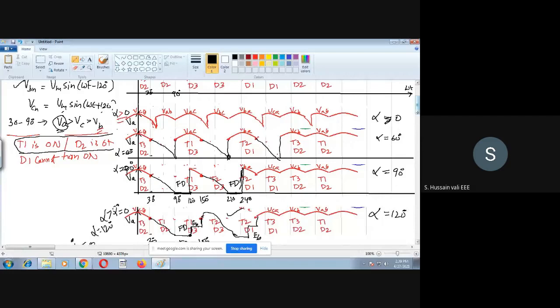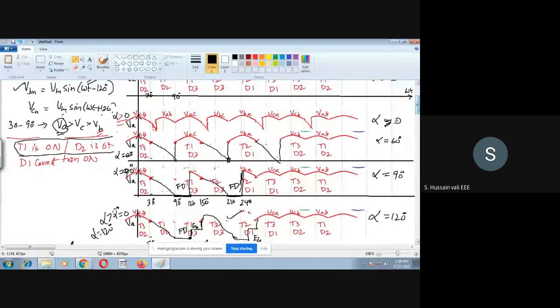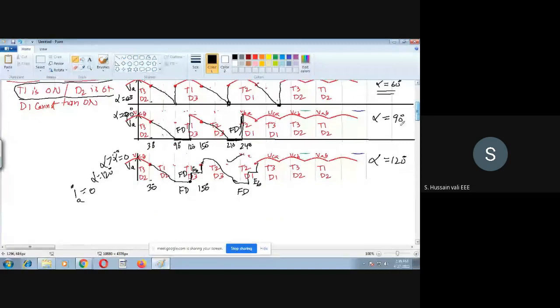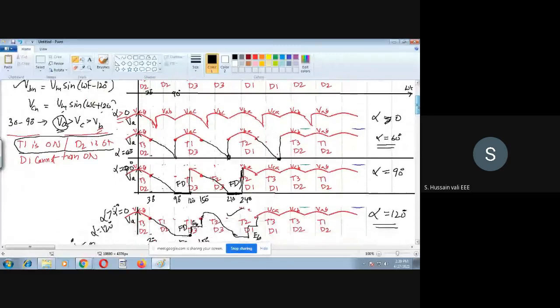See the differences here. When alpha is equal to 0, you will get exact loops here. Whereas when alpha is greater than 0, there is a small delay. If you increase alpha to 60 degrees, the voltage touches 0. When alpha is equal to 90, it touches 0 and maintains 0 for some duration. During that duration, freewheeling diode conducts. When alpha is greater than 90, say alpha equal to 120, freewheeling diode conduction also stops. Then the armature current becomes 0, and the output voltage is the same as the back EMF. This is the output voltage for different values of alpha.